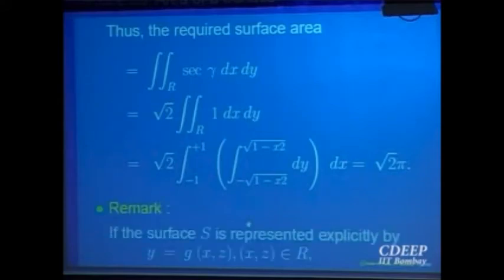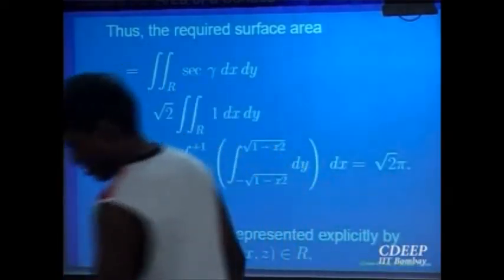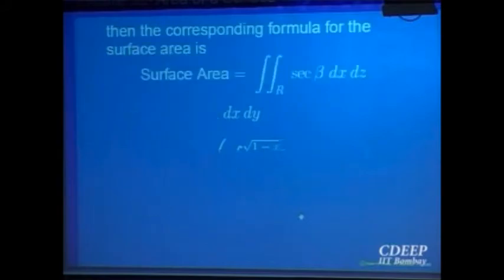So let us observe one thing: we projected the surface onto the xy plane. We said the surface is explicitly representable as z equal to a function of x and y. Similar formulas hold when your surface is projectable onto other coordinate planes. So for example, if you are able to find y in terms of x and z, then correspondingly you will have the formula.